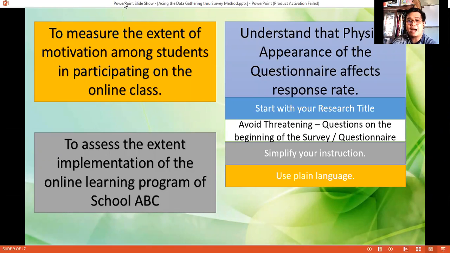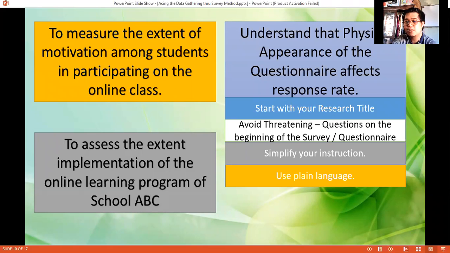Huwag kayong gagamit ng mga highfalutin jargons, okay? Huwag kayong gagamit ng mga terms na kung saan ay very, very difficult to be understood. Halimbawa, non-answering of the boxes in the survey is tantamount to the invalidation of the totality of your responses. So those things can be very confusing. What is the meaning of the word tantamount if your respondents are only grade 6, grade 7? Okay? So avoid highfalutin languages or highfalutin words.